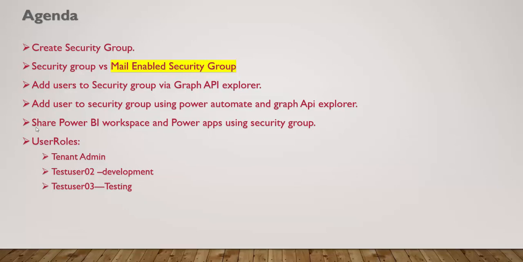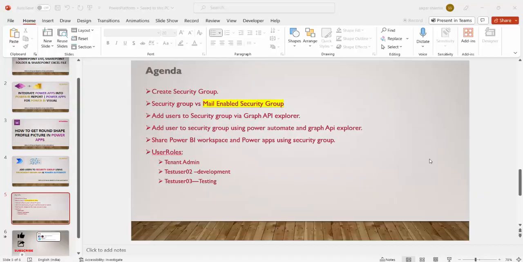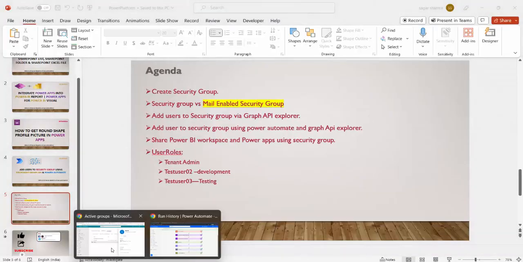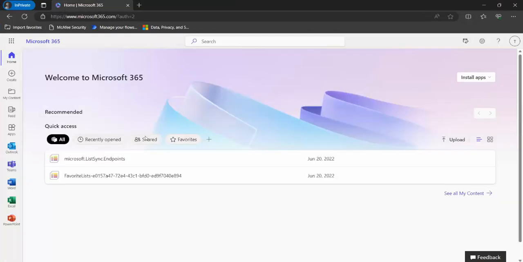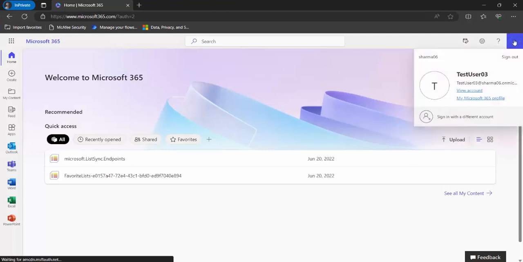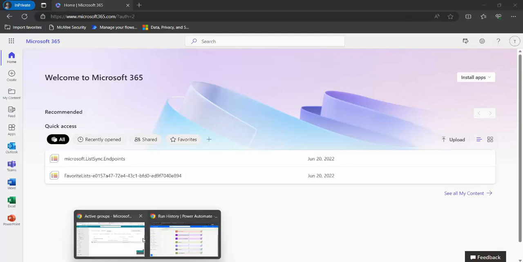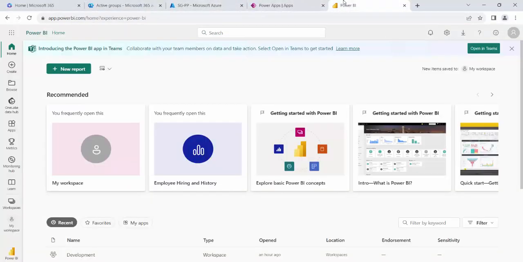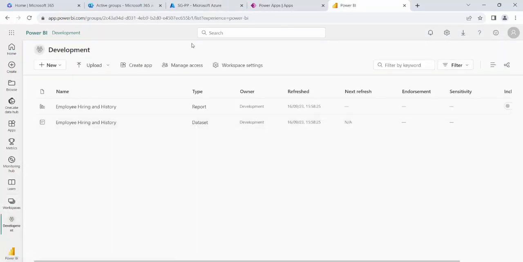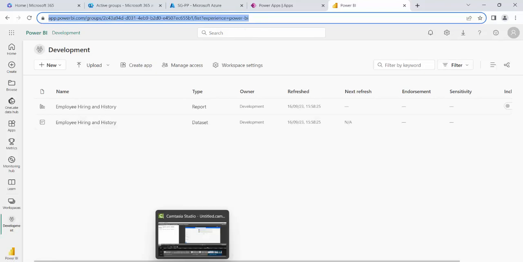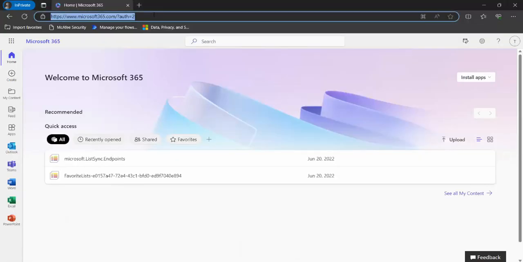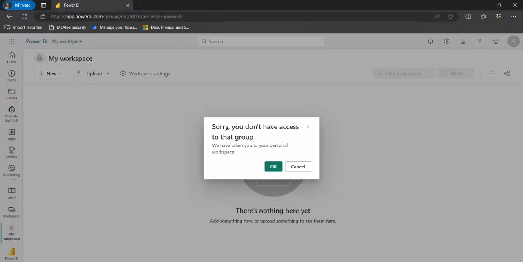So the last part is sharing a Power BI workspace and Power Apps using a security group. Now what I'll do, I'll show you something quickly. This would be quick. I'll go to this test user 03. This is test user 03. Over here, I will open one Power BI workspace. This is the Power BI workspace, and if you see the workspace's development, now copy and I'll open this with test user 03 and you can see you do not